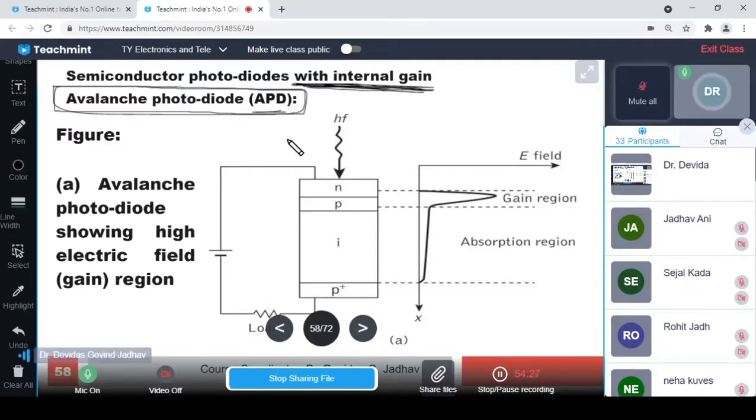So this is the avalanche photodiode showing the high electric field, that is the gain region. The gain region has a very, very high electric field, and the intrinsic region also has an electric field. As compared to the gain region it is lesser, but it is quite a high electric field in the intrinsic region also. But the gain region has a very, very large electric field. So what is this electric field? Whenever there is application of the biasing,